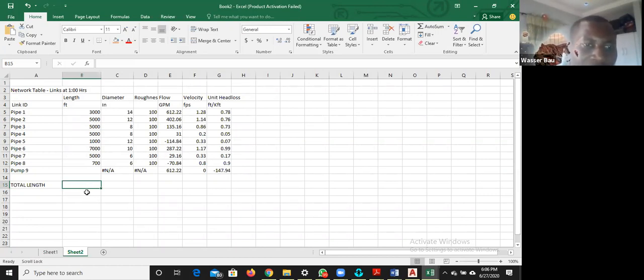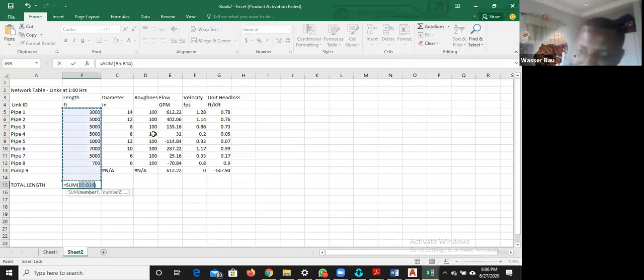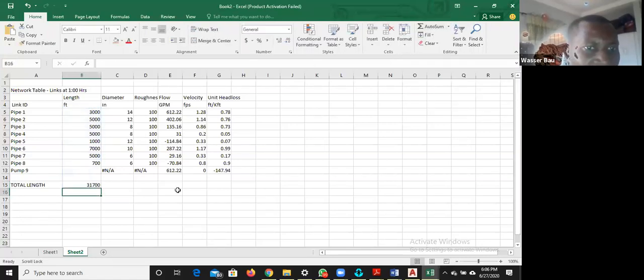Okay, so this is the total length of pipe. So I'll come here, the total length of pipe, I'll say auto sum. And it will sum up all I need for me. Even this diameter now, I can't sum a diameter, but I can easily perform some function